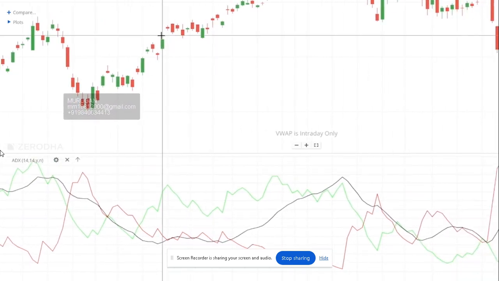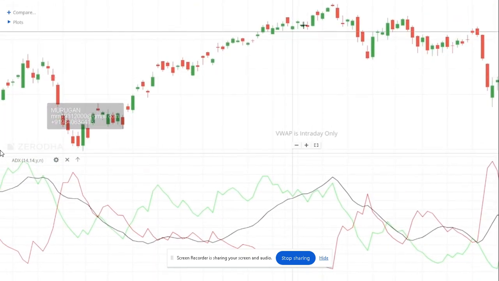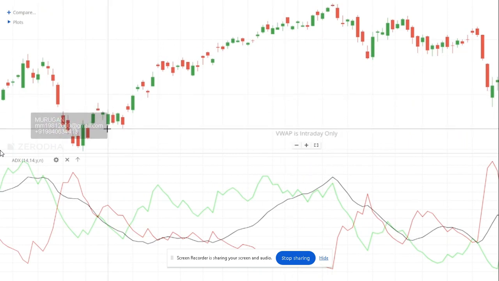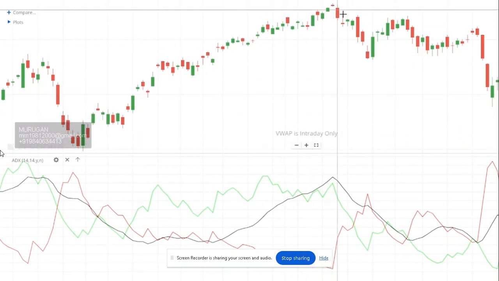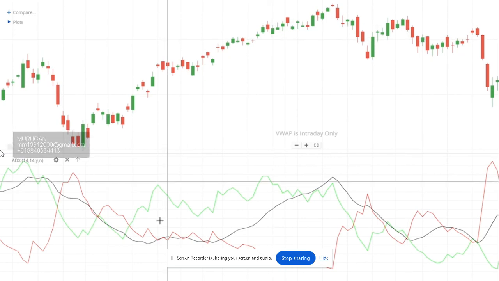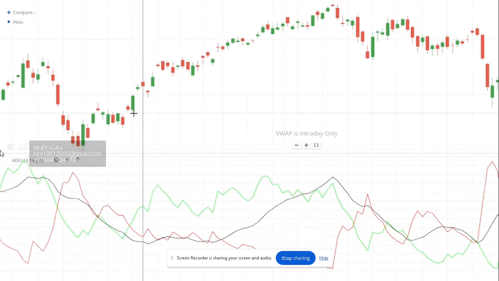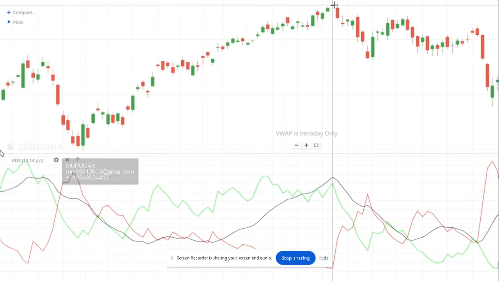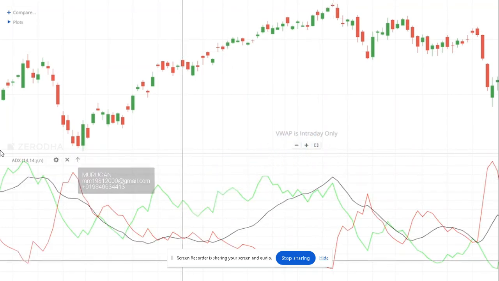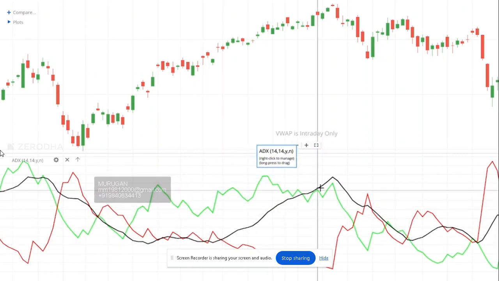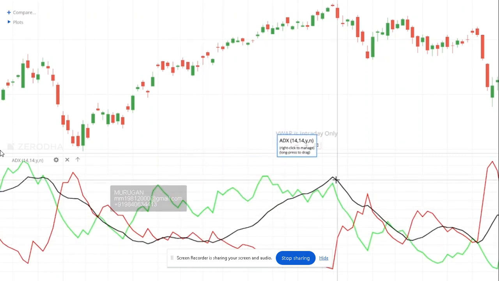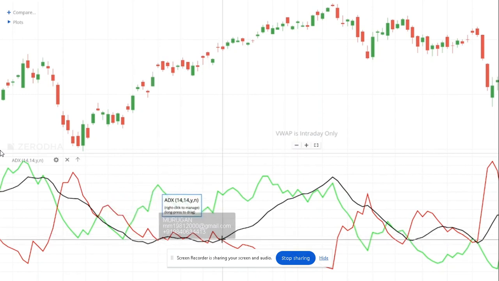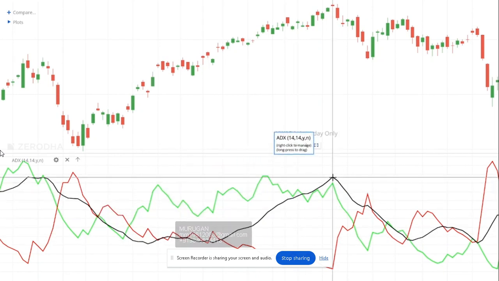And you can see from here the market has gone up so much. The same way, you see the market is going higher and higher and higher. After some time it can fall. But when the market is peaking out, going higher and higher, this is where the market peaked out. And you can see the ADX is going higher and higher and higher, and now it has started reversing. That means the market has peaked out already. So if you are an option buyer and you have bought some option somewhere here, you should exit your option here.